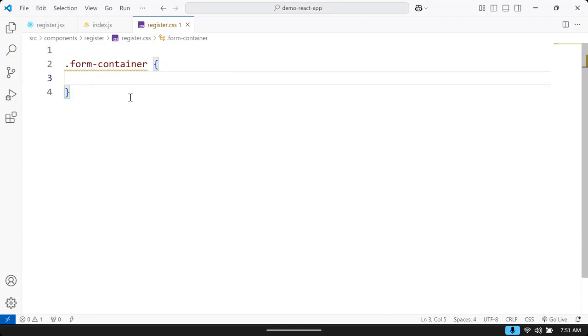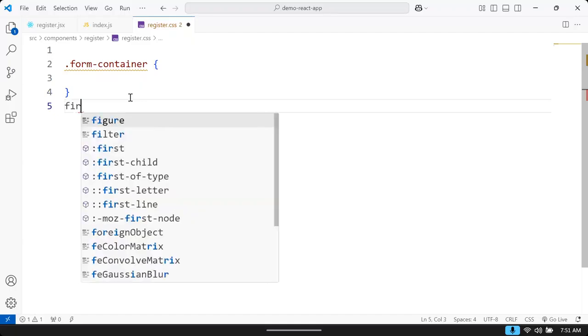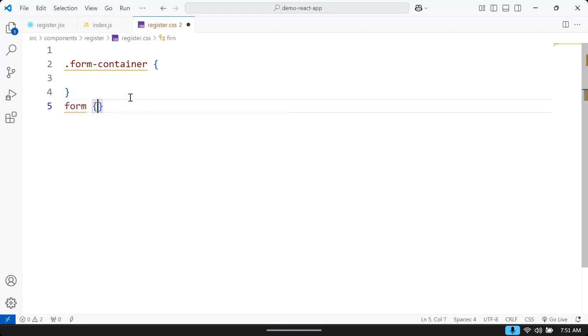Type selector means, suppose I want to apply effects for a form, we can write form. Or for a heading, we can write heading. Don't use type selectors in the CSS of a component, because when you use a type selector in one component,